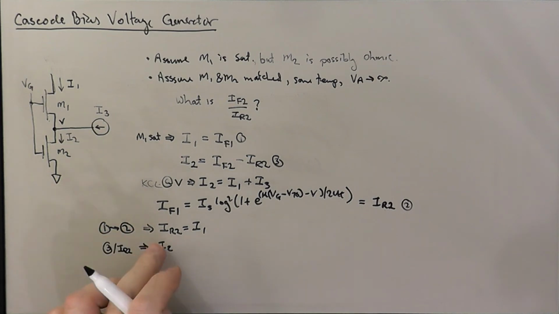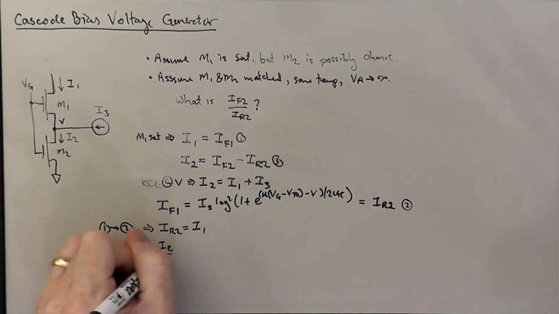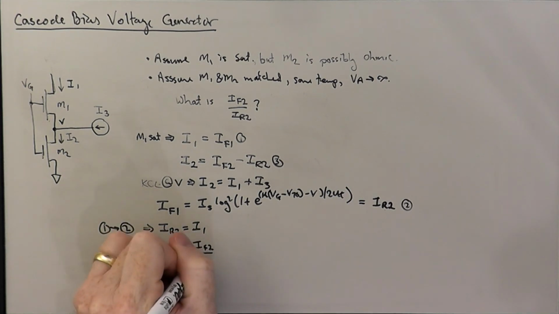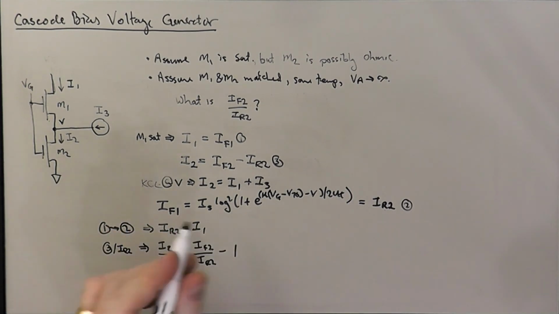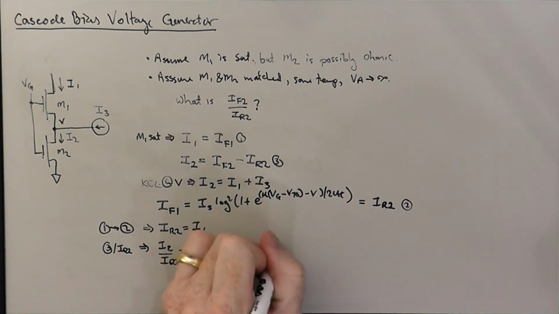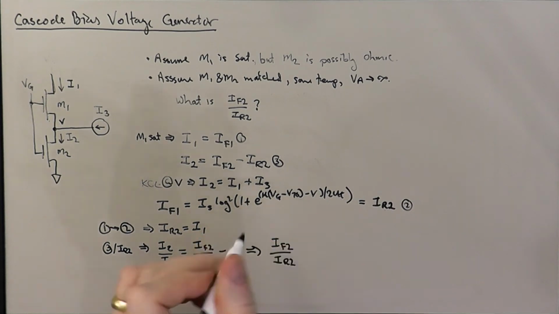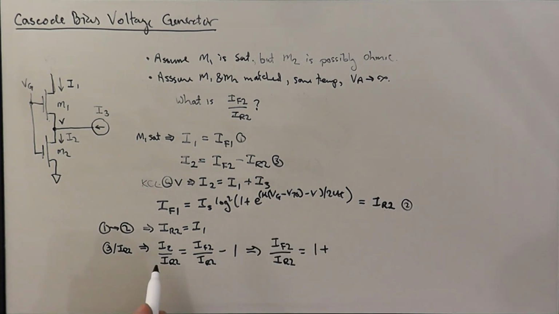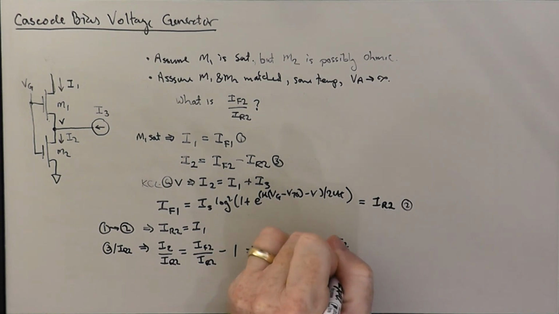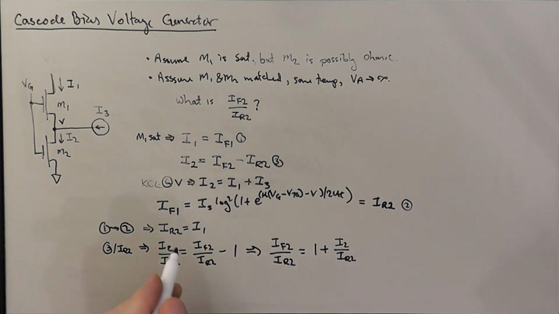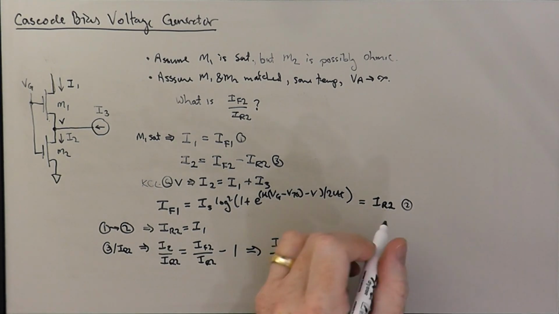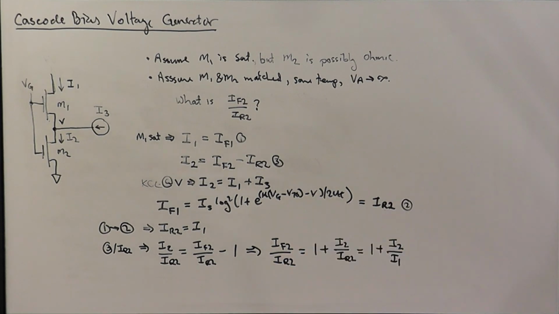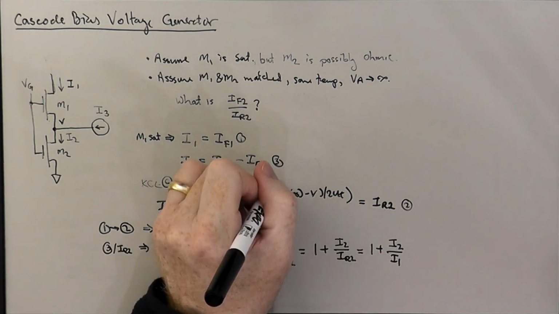I2 divided by IR2 is equal to IF2 divided by IR2 minus 1, or the thing that we're looking for, IF2 divided by IR2 is equal to 1 plus the ratio of I2 to IR2, which we know is equal to I1, which is equal to 1 plus I2 over I1. If we call this equation 4,